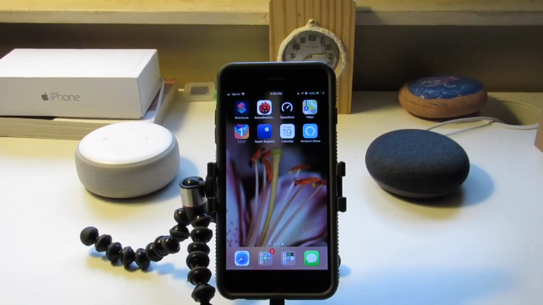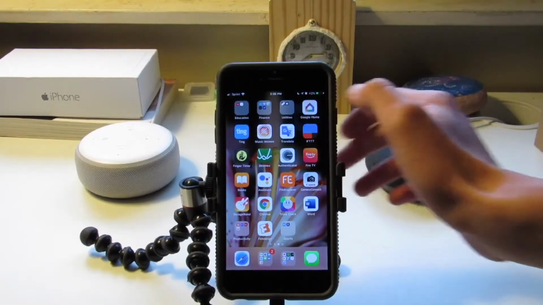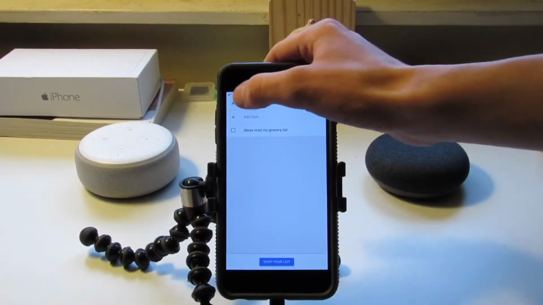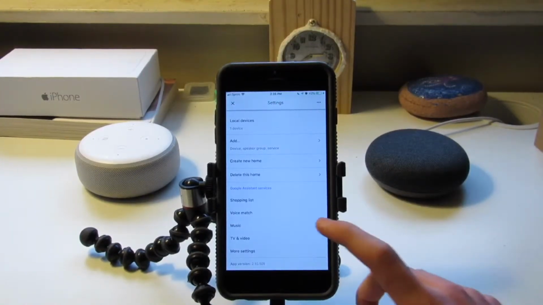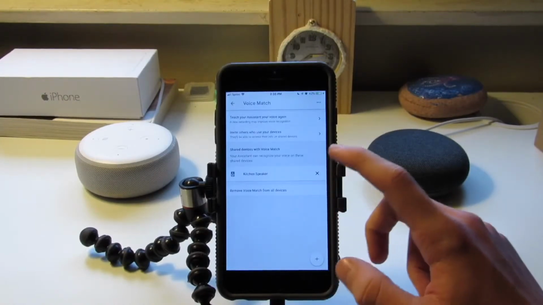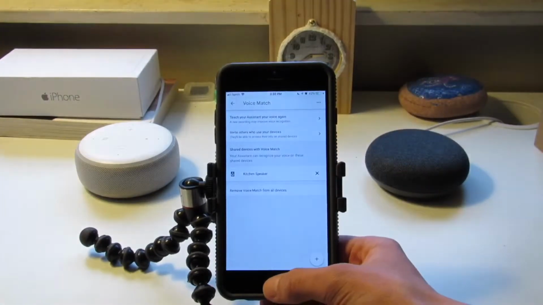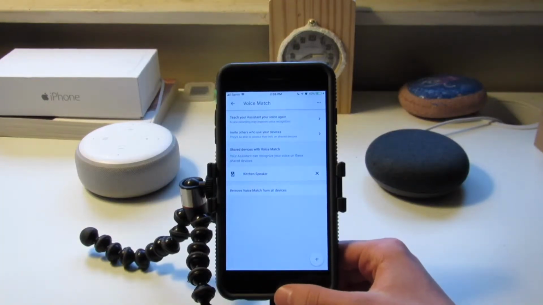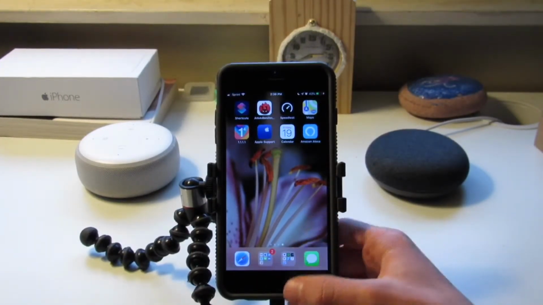So with Google, it will only read this list to people who have voice match set up. That means in the Google Home app, we need to set up voice match settings for our Google. Since we have Siri reading to Google, we set up voice match here, and then we can set that up by clicking teach Assistant your voice again. Once you do that, you will use Siri to teach the voice, which means you will need another iPhone which you can use Siri on. On that other iPhone, you will use Siri and say to her,